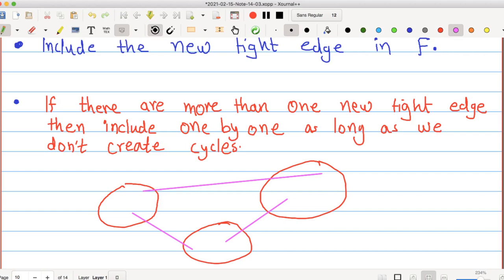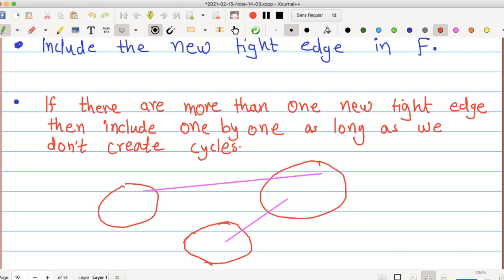So the solution is that you should not add all the tight edges at once. You just keep adding them one by one. If you have these three tight edges in one round, you add them one by one, and you could choose them in an arbitrary order. Suppose you add the first tight edge, then you add the second tight edge.